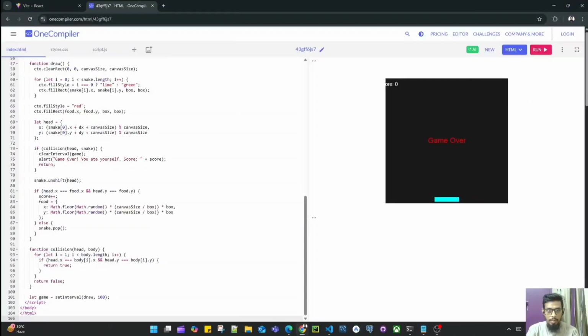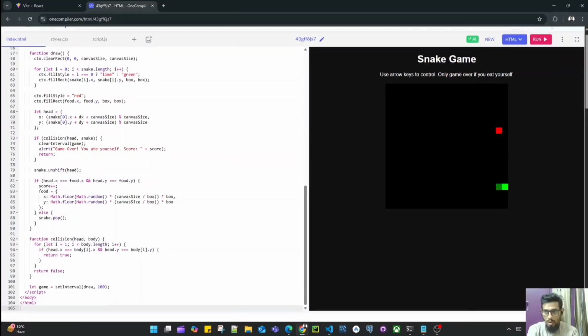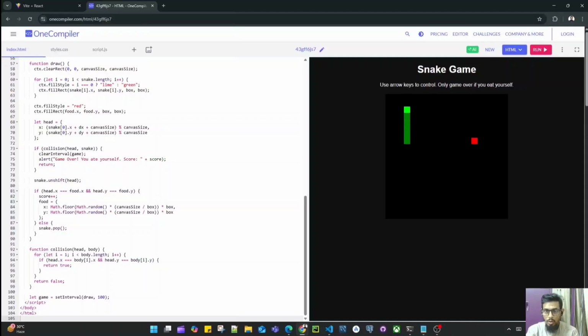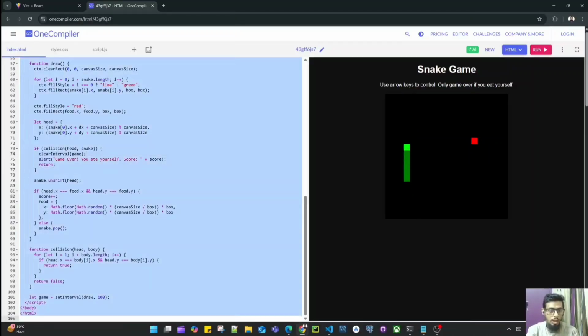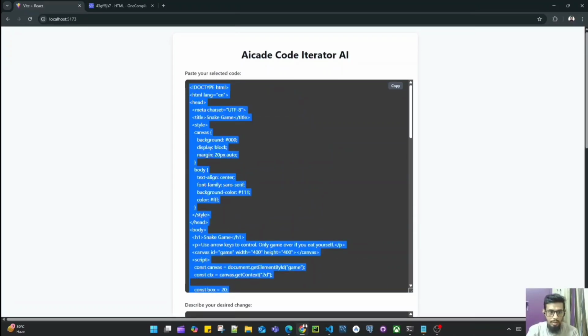Okay, we'll copy the code and let me run this file for you. So this is just a snake game where a snake eats the food and it grows in size by 1, and also the score increases by 1. Okay, so we'll try to give the code to our AI and ask to make some changes in the code. What I'll do is I'll just copy the code and give the prompt something like